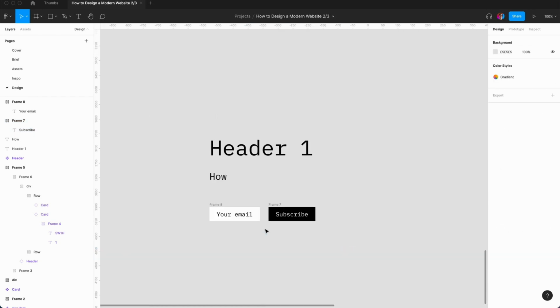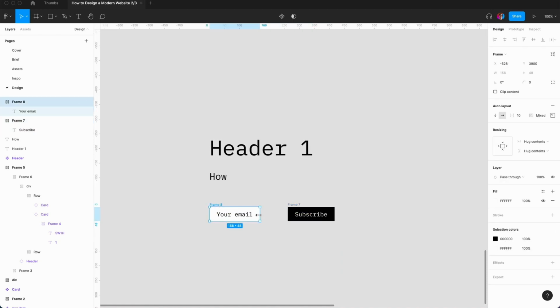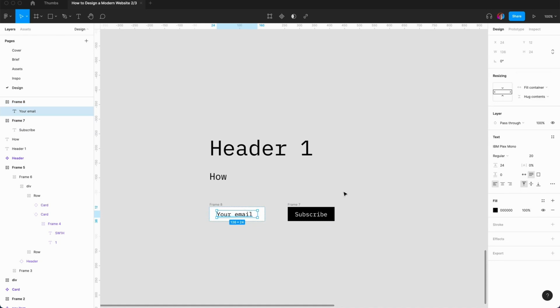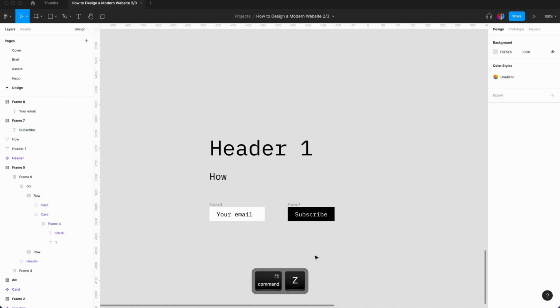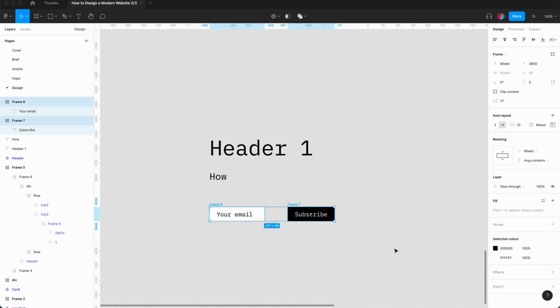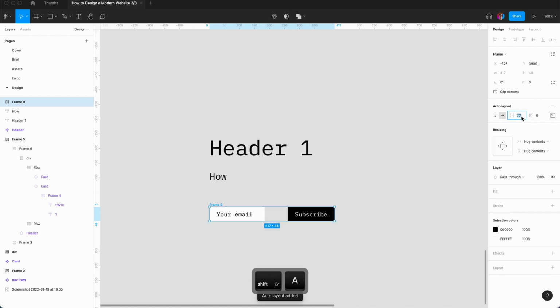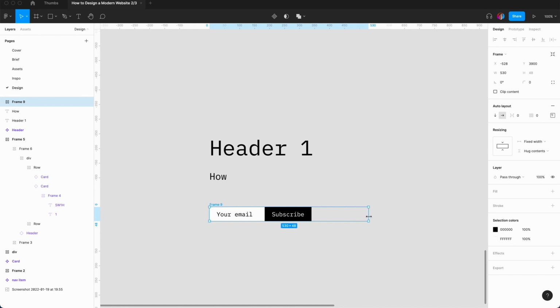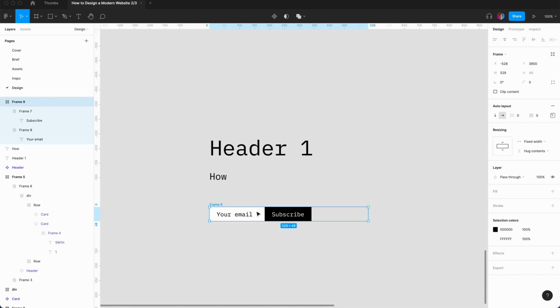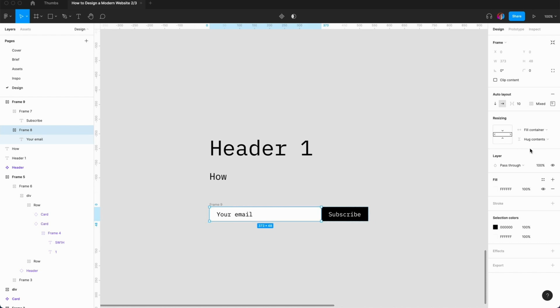Well, for now what we're going to do, we're just going to combine these. So here, if I do this, it is not fluid, so I have to hit enter, and I want this to fill container. This one, we don't have to make it fill container, so we just Command Z, and that's fine. And then what we can do is combine both of them, so Shift A, and get rid of the spacing. So now, let's see, if I was to do that, it's not working. So this one, I actually want that to fill container.